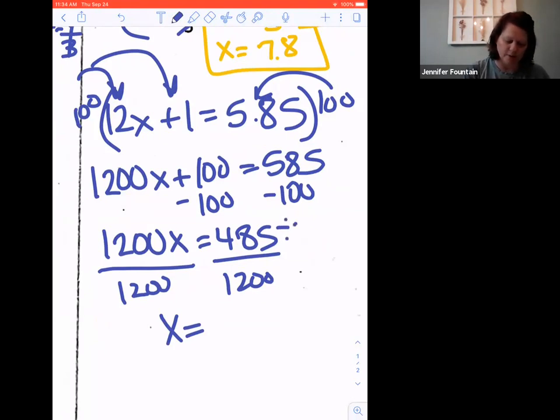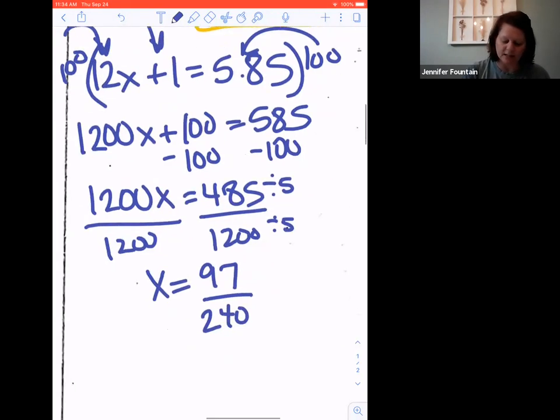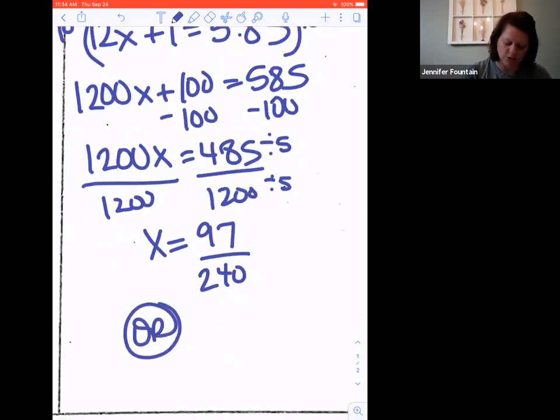Both of them I can divide by 5. And 485 divided by 5 is going to give me 97. 1200 divided by 5 gives me 240. So I could either leave it as 97 over 240, or I could divide 485 divided by 1200, and I end up getting a decimal that I